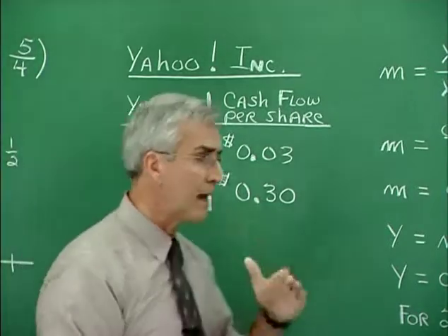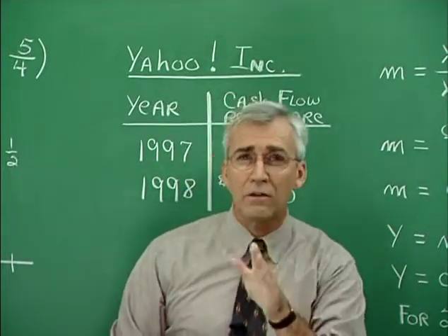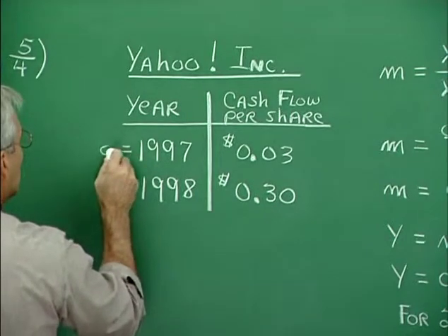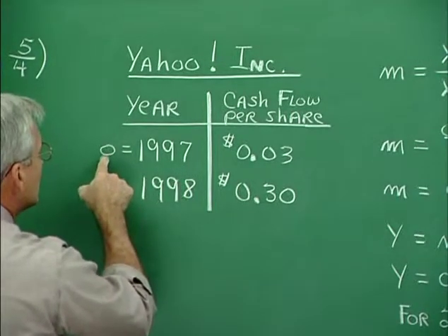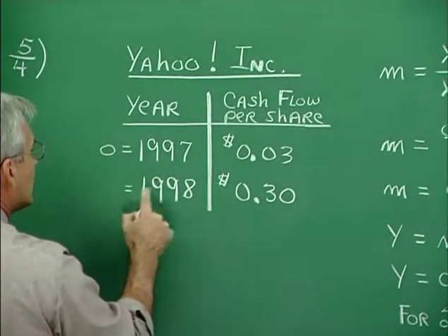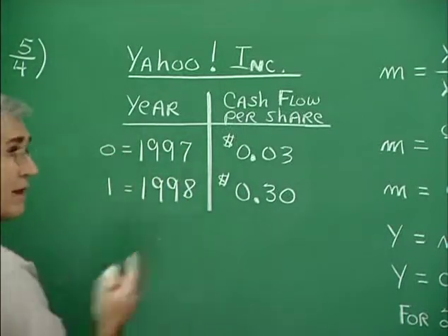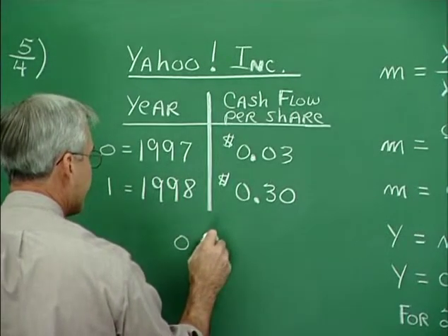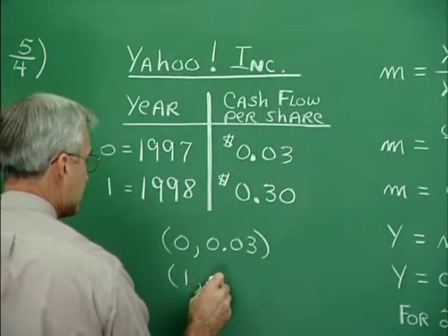try to come up with a basis year, a year where you're starting your evaluation. Now, the information is beginning at the year 1997. So let's let 0 stand in for that year. That is, let our basis year be 0, or the number associated with 1997 be 0. And therefore, the number associated with 1998 is 1. So now, instead of dealing with these big numbers, we can deal with rather simple numbers. So we have then the ordered pair 0 associated with this, and then 1 associated with